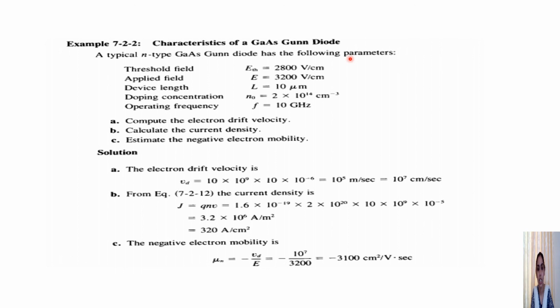So in this particular section, we have discussed the domain formation in the Gunn diode and the different modes of the Gunn diode, and we have seen the two possible problems which have been asked in the examination from the Gunn diode section. In the first lecture, we understood all about the basic working principle of the Gunn diode, the RWH theory which supports the Gunn diode, and the characteristics of the Gunn diode. And now in this lecture, we have discussed all about domain formation, modes, and the problems in the Gunn diode.